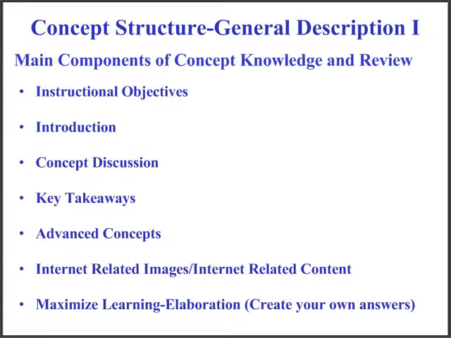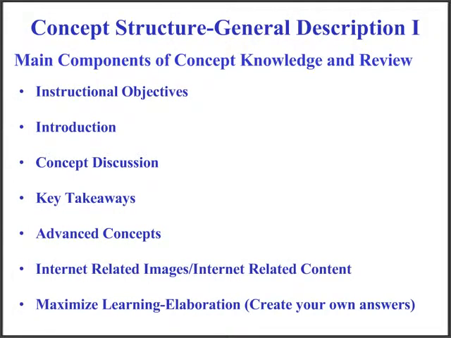Let's go on to the concept structure, a general description. This is where, again, the concept is where the knowledge is found. Each concept is structured the same on our system. There are 7 components. Nearly all the time, all 7 components will be populated. But the one often not populated or may not be populated is advanced concepts, because advanced concepts are not required